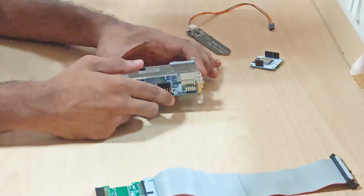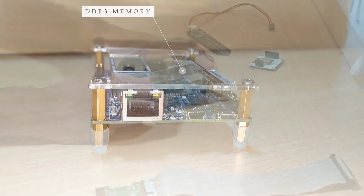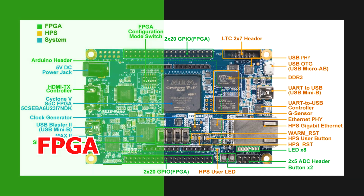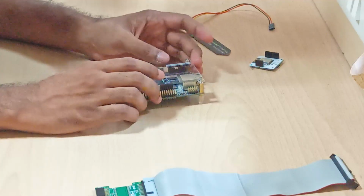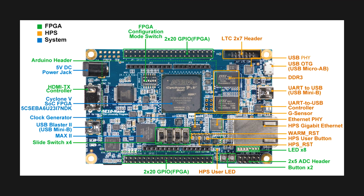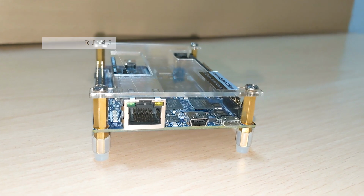The board comes with high-speed DDR3 memory and Ethernet networking. Basically, the DE10 Nano development board consists of two parts, the FPGA part and the hard processor system, HPS part. Since the cloud unit and internet play a key role in our project, we chose to use the HPS part, which has an 800 MHz dual-core ARM Cortex-A9 processor with 1GB DDR3 SDRAM, one Ethernet RJ45 port, USB OTG